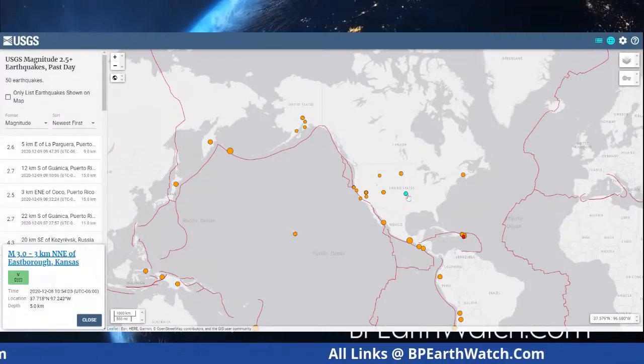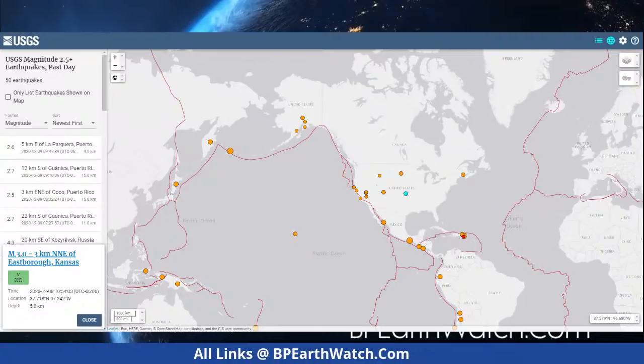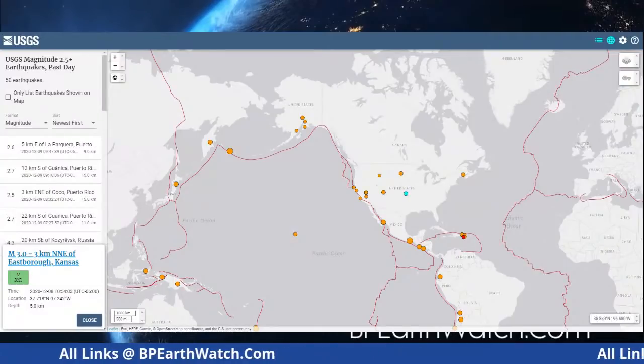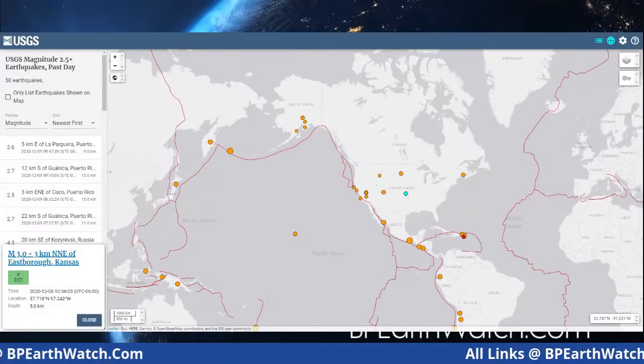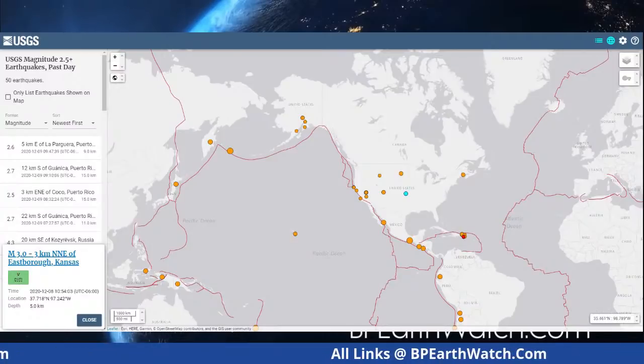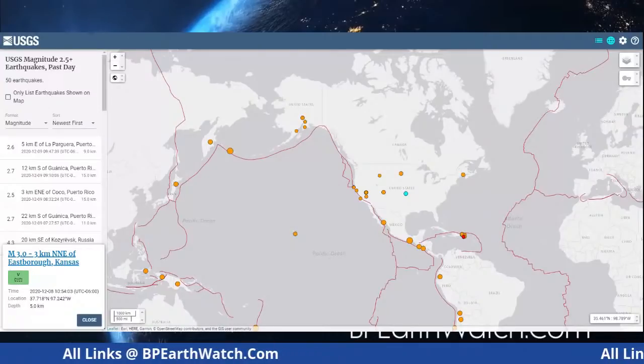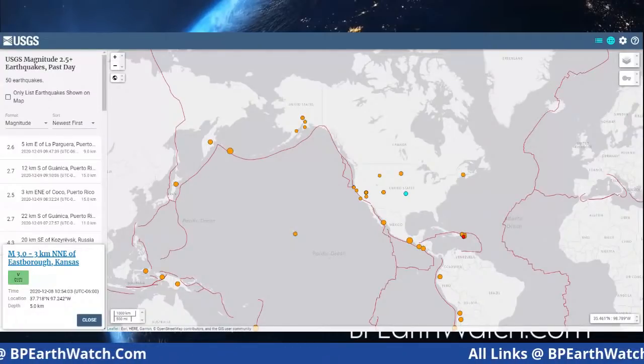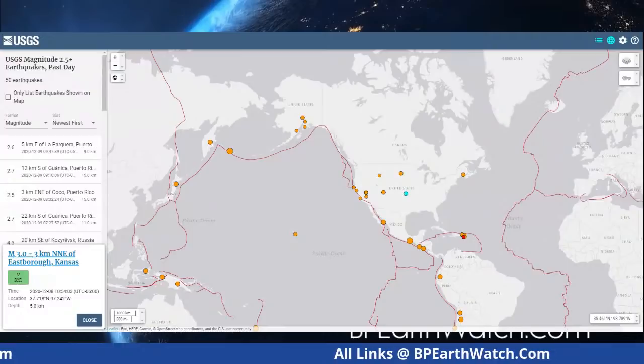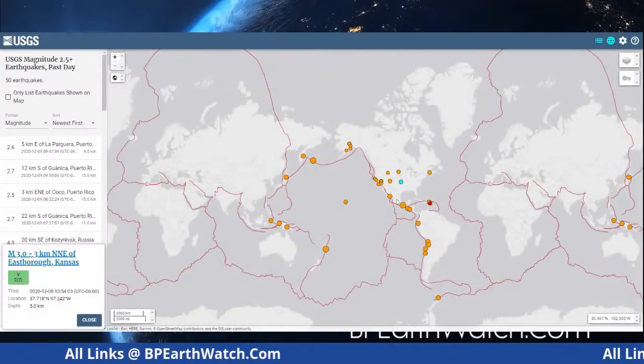Now, when you see these in Kansas, a lot of times there's pressure south of here, and you'll see some in Oklahoma. And a lot of the Oklahoma quakes that you see will be at 5 kilometers depth, and that's telling you you've got fracking going on. But again, I just want to point out kind of where we're at right now with the quake situation.